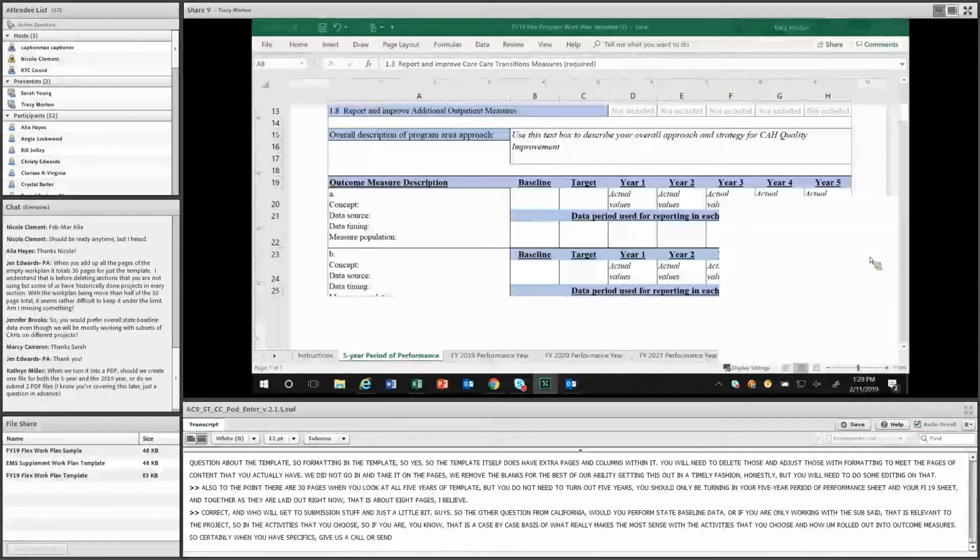Okay, I'm going to skip any of the questions about submission until later on. Catherine, I see your question there, and I want to address Penny's question about concept. So I'm going to just pull open quickly